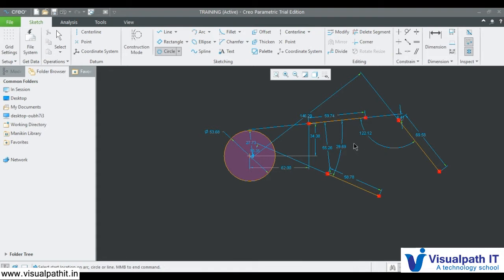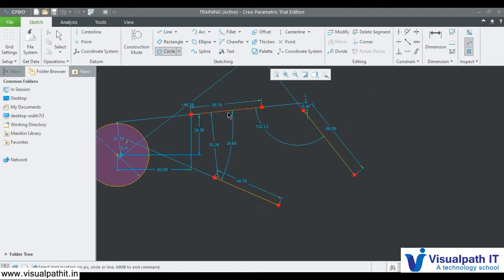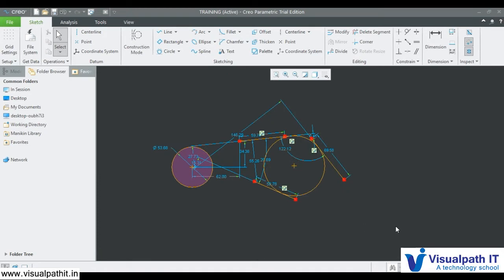This is how I create a circle. Now this circle is tangent to all these 3 lines. So this is how we create a circle using all the different options available.